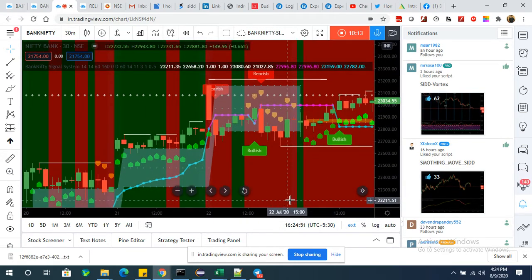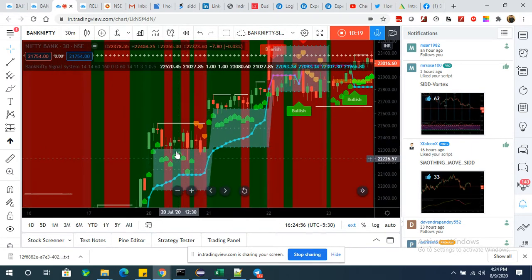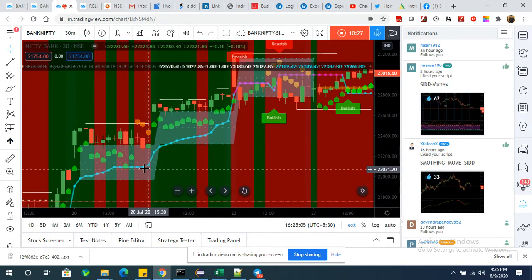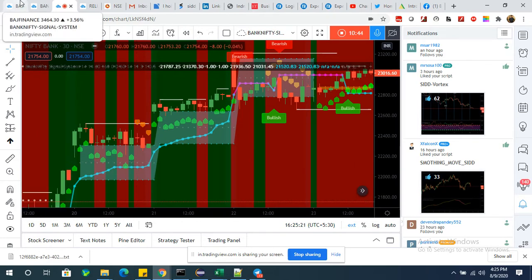And how to trade with the boxes, whatever the gap up and gap down boxes are there. These boxes are exactly showing the gap up boxes. Bank Nifty has the nature that most of the time it is filling 50% of the gap up box. Sometimes it is not filling, I have seen that, but most of the time, that is 70 to 80% of the time, it is filling the 50% or 100% of the gap up area or gap down area. So if any gap ups are happening, most probably either it will be sideways or it will come to fill the gaps.